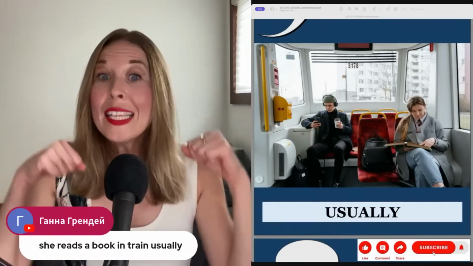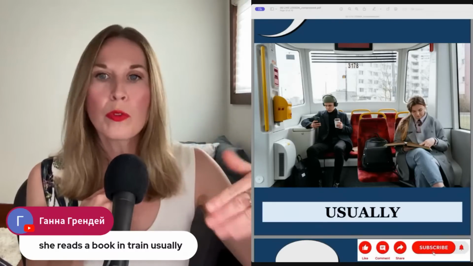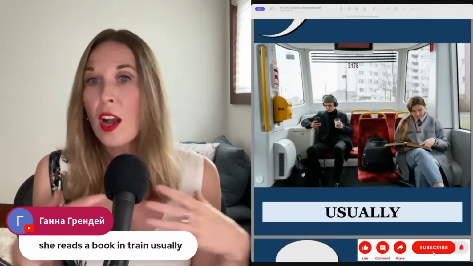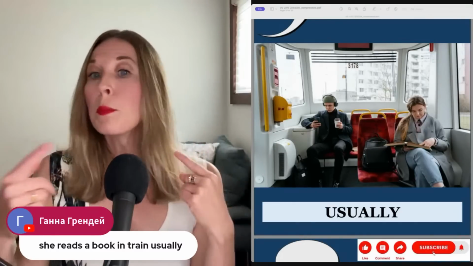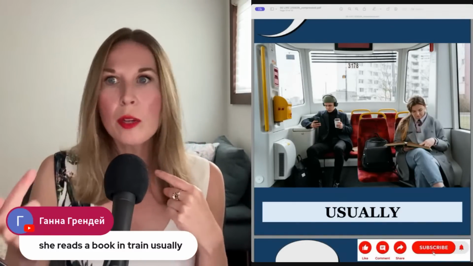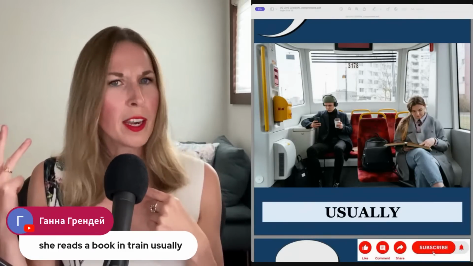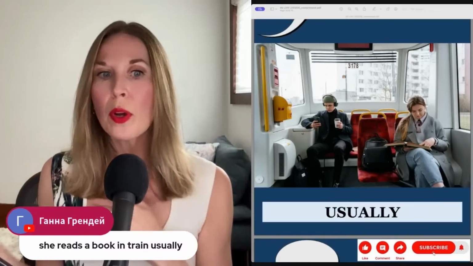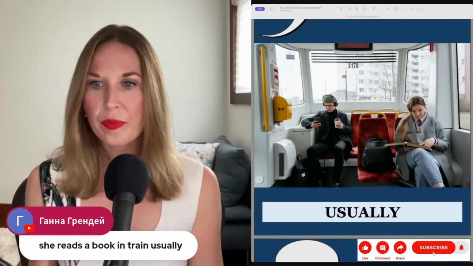So when you're in a car, you can't get up and move. And that's why we use in with a car, a truck, a van, so a vehicle in. But you can move on a train, on a plane, on a boat, on a subway. Am I forgetting any? So we use on. She usually reads a book on the train, on the train.